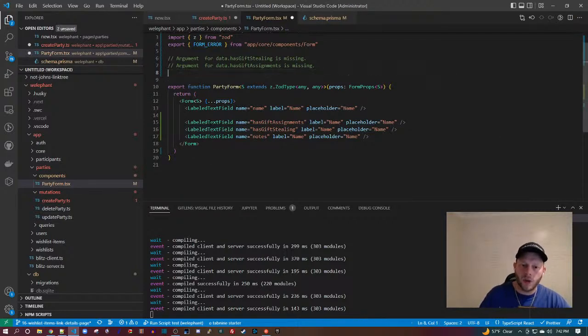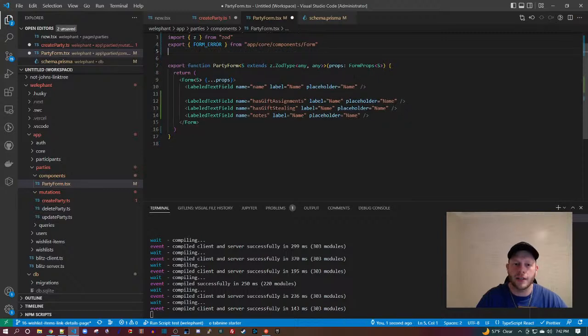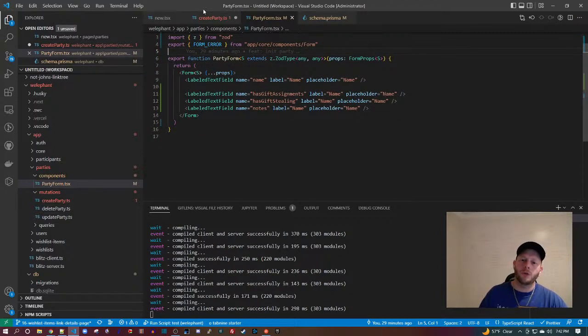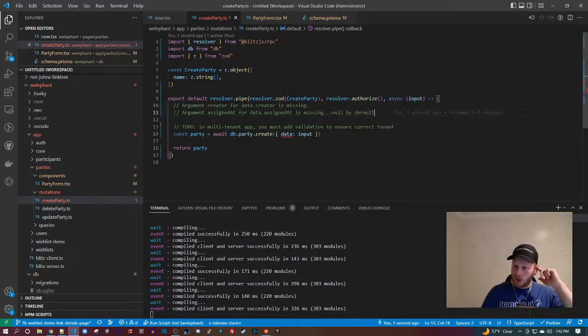So we needed 1, 2, 3, 4. We needed 5 things. And then we added an optional one for a total of 6 things. There are 4 fields on here, and then 2 of them will be automatically calculated. So if it's required, I'll simply make assigned at null. So null by default. But I don't think I need to even assign that. I think I just needed to update the schema.